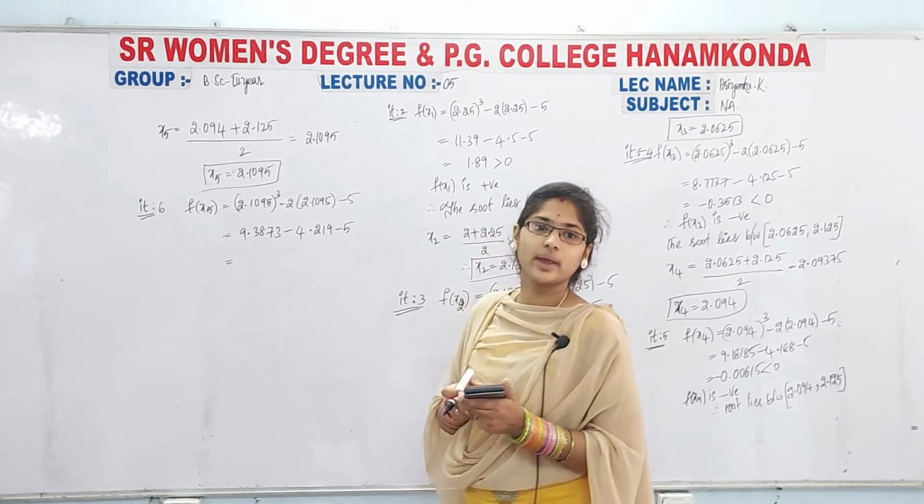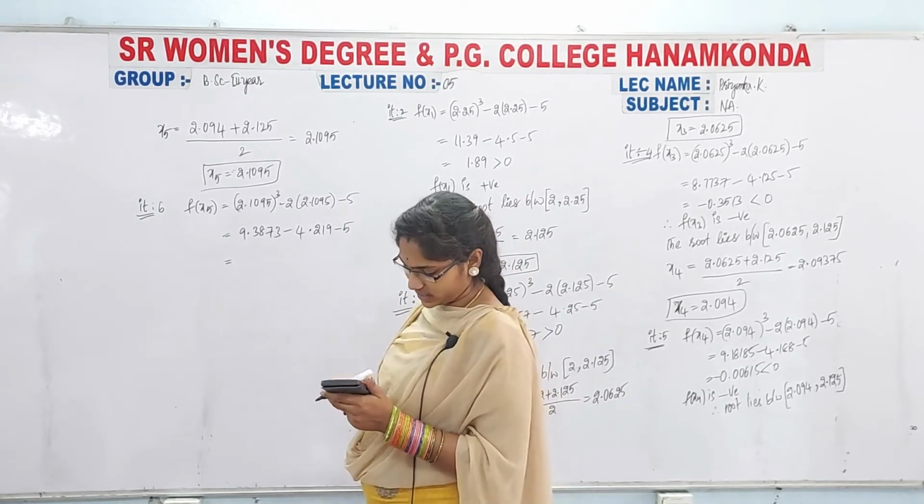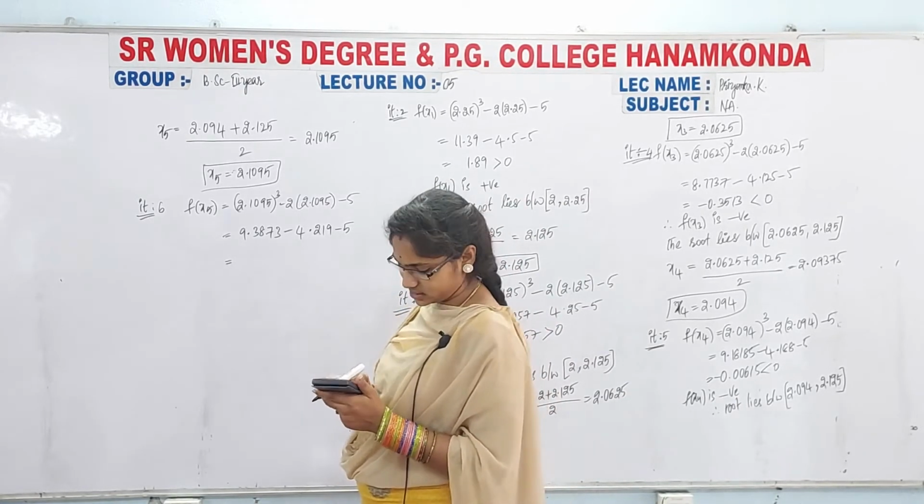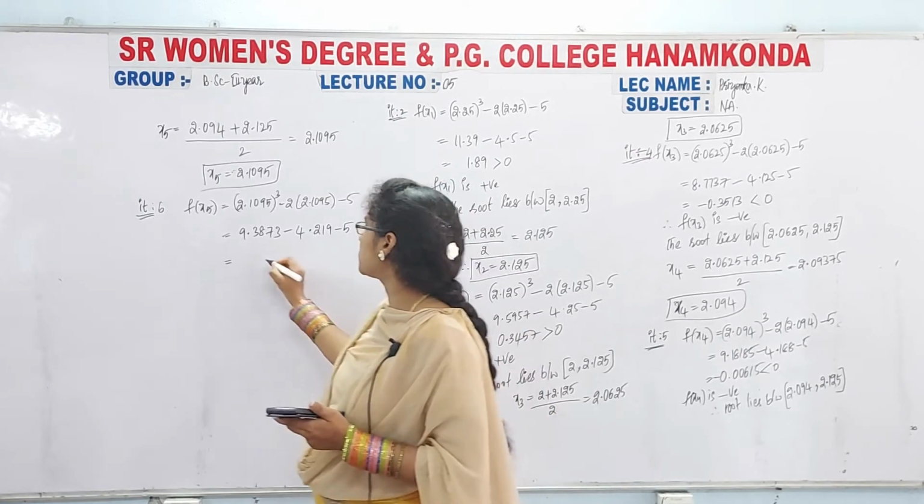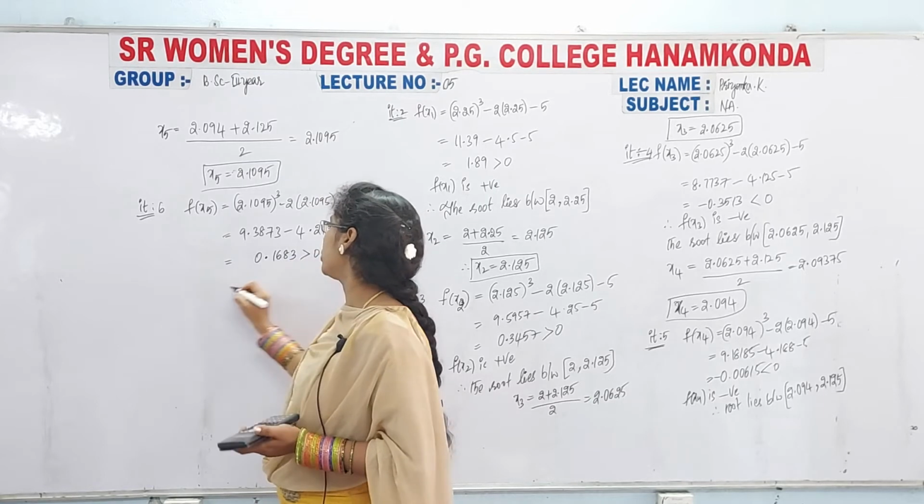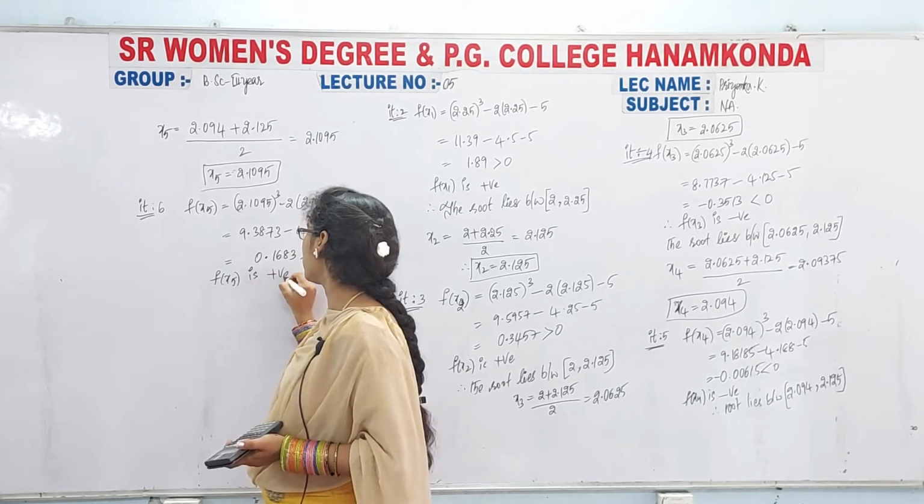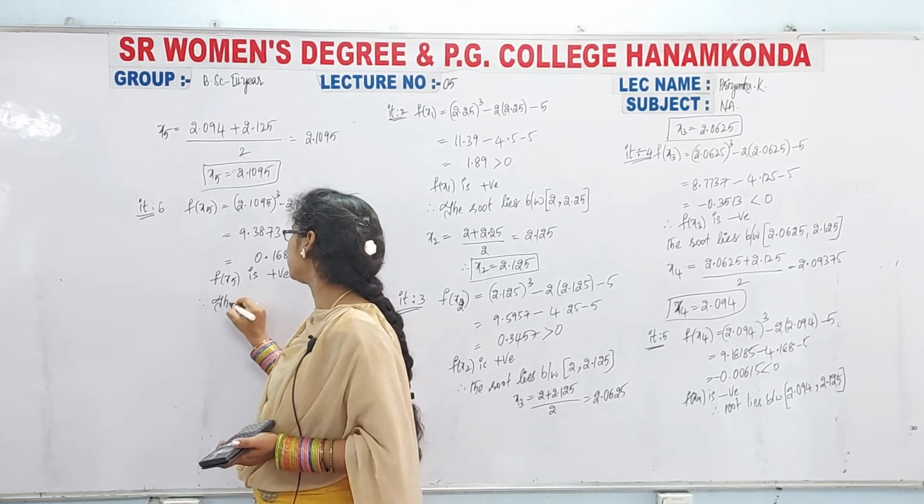9.3873. Okay, so then next minus 4.219 minus 5. This is nothing but 0.1683. Again it is a positive. So f of x5 is positive. Therefore the root lies between